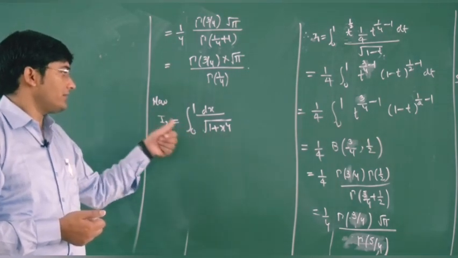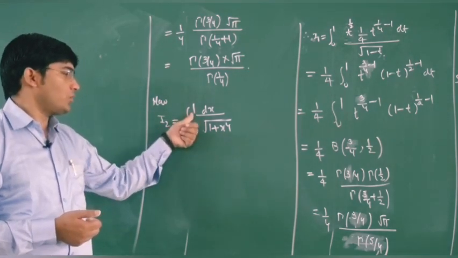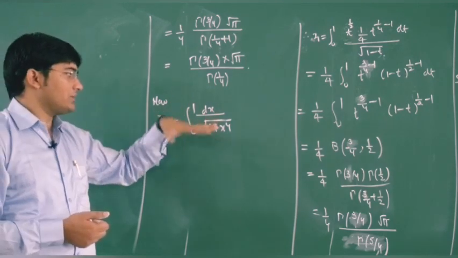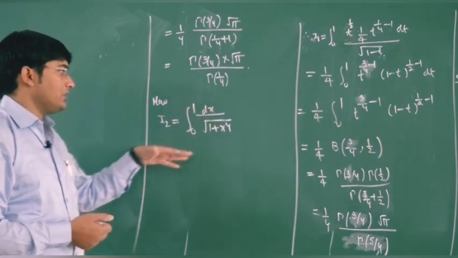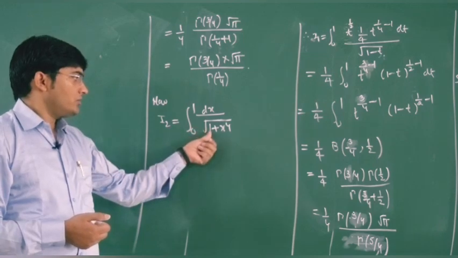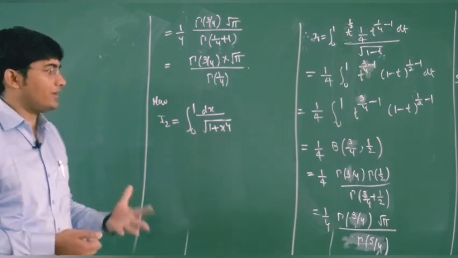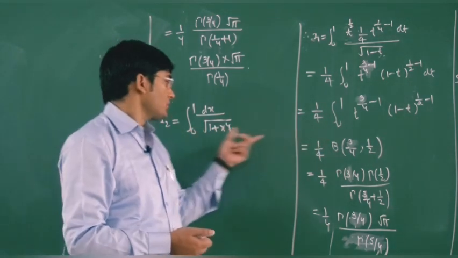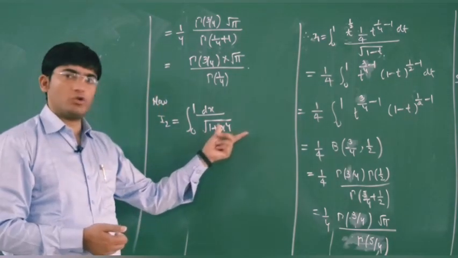So that means we will get an integral of the type integral 0 to 1, 1 plus t power something, and then t power something. As we do not get 1 minus t, we cannot use the beta function here. So we will not take x power 4 equal to t.